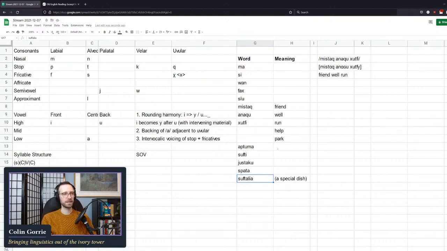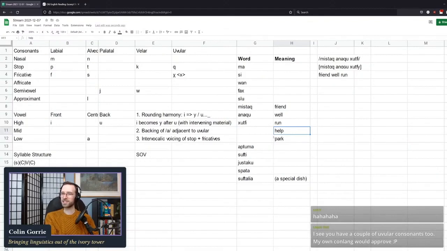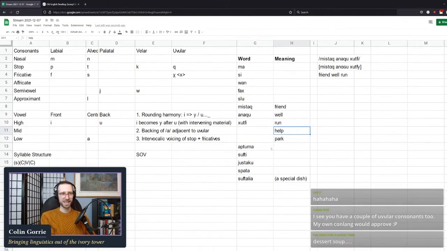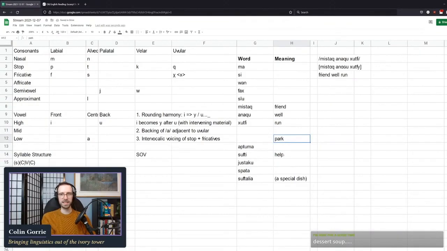I feel like we might want to achieve some matches between these meaningless words and these wordless meanings. Let's put in help. Let's make help sutfi. And let's make park something like